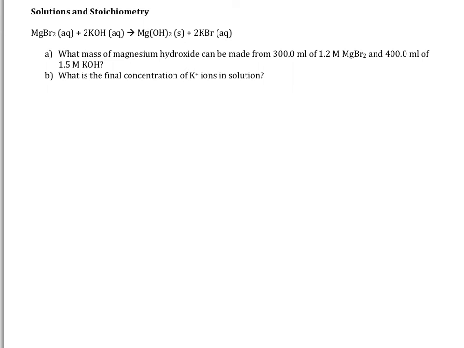This is actually a limiting reagent problem because I've been given information about 2 reactants, and so I need to figure out which one I'm going to run out of first. Just like in previous limiting reagent type problems, we have to figure out how many moles of each we have. So I'm going to say that I know that there are 1.2 moles per liter of magnesium bromide,